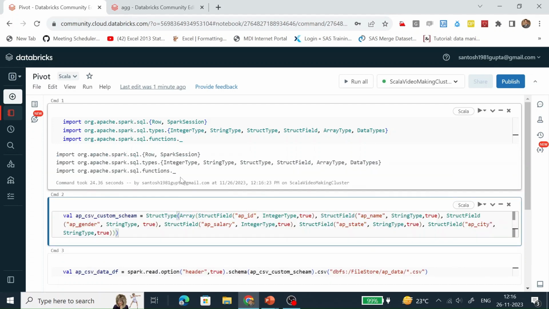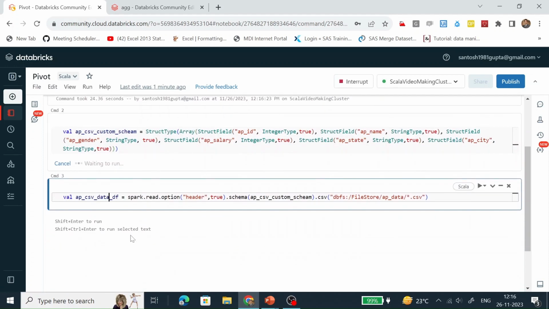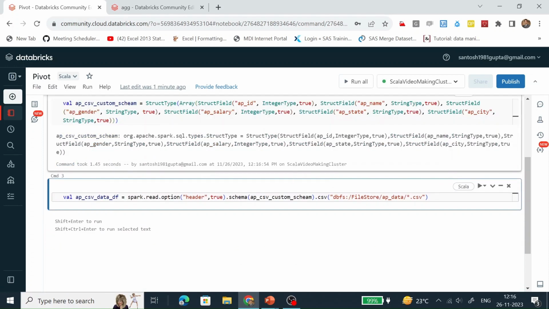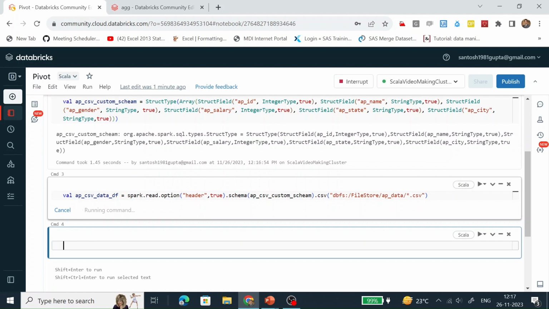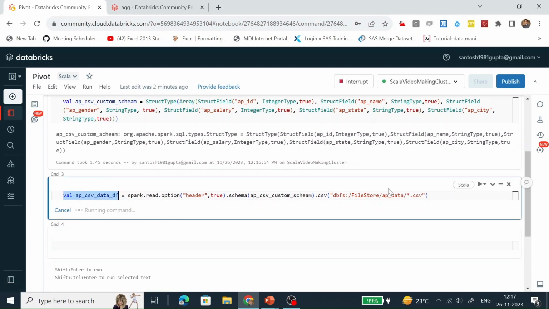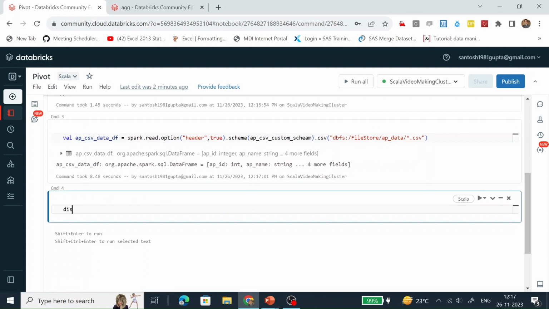Okay, all the required libraries are available in this notebook. Let's create the schema. The schema has been created successfully. Let's read the CSV file and create the data frame. This data frame is created by reading all the CSV files present in this folder. The data frame gets created. Let's display this data frame.